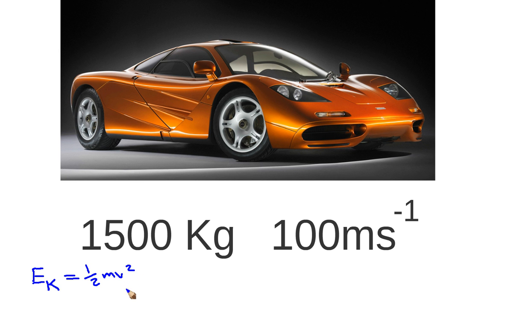Okay, so kinetic energy is half mv squared, so it's going to be a half of 1,500 times 100 squared. So let's do that, I'm just doing that in my calculator. Alright, and we'll get a value here which is 7,500,000